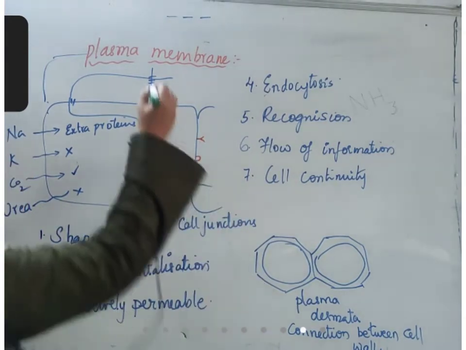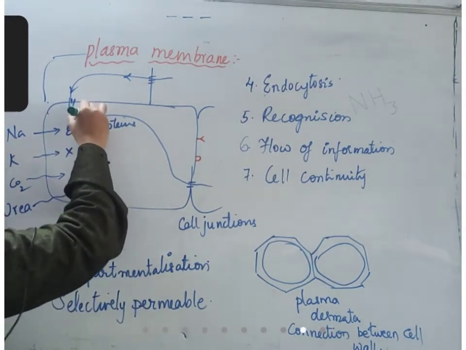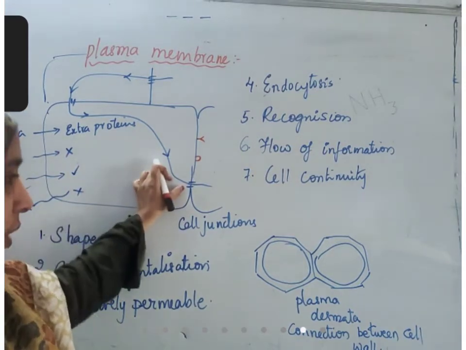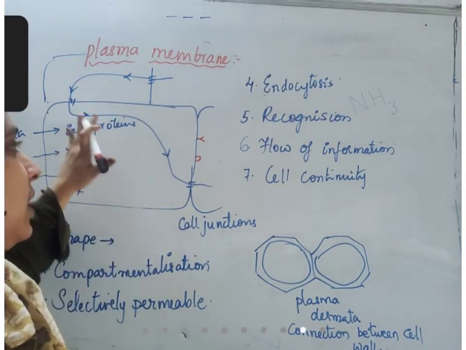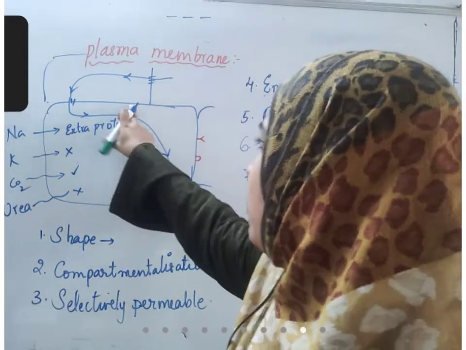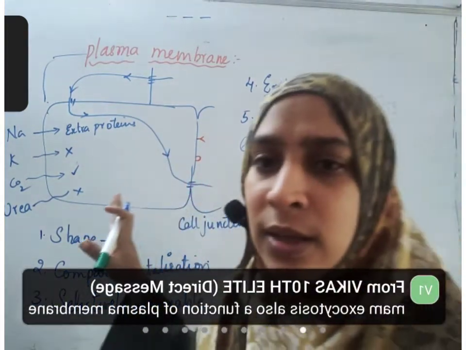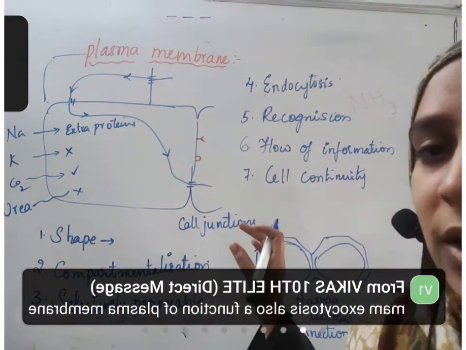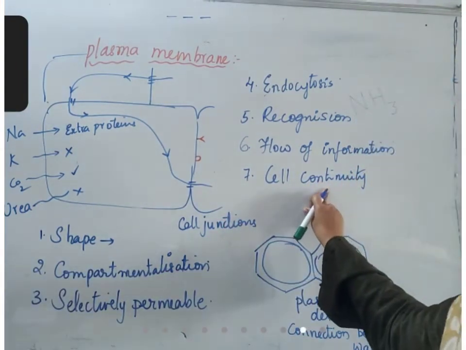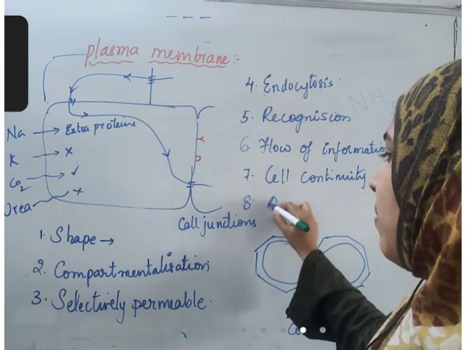So it can start from here, it can flow from this cell into this cell, this cell into this cell, this cell into this cell. This is not the only junction, there are so many. We cannot show all those junctions, but for every small interval there is a junction. So there will be continuity. Continuity is possible because of this cell continuity. Sometimes there are some adaptations.